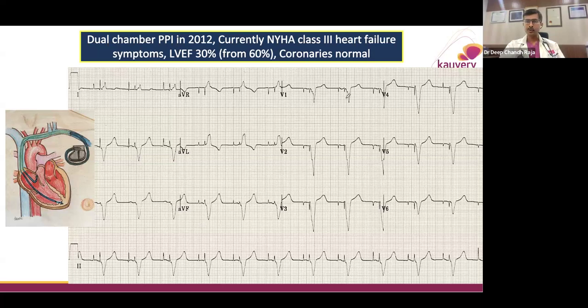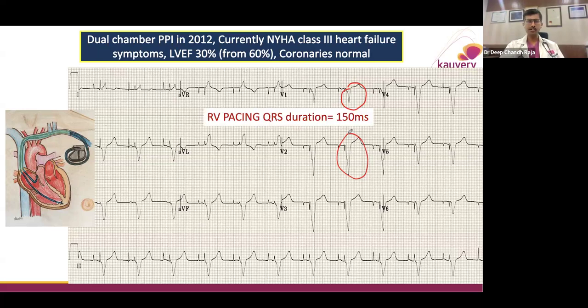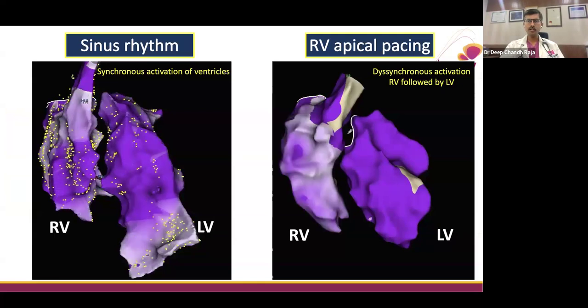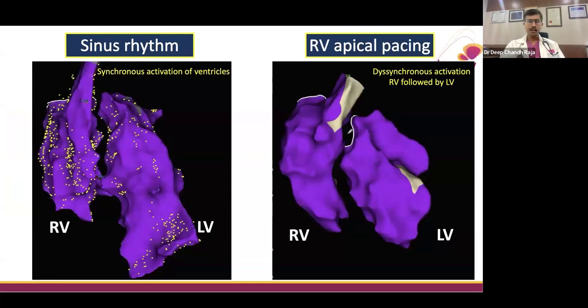As you see on the ECG, an A pace and a V pace rhythm there. Two pacing spikes on V1. You see the QRS on the ECG. The QRS is quite broad here, 150 milliseconds, but quite acceptable. That's how it looks when you place a lead on the right ventricular apex, and that's the routine way we do it. But the problem here is the patient came with heart failure symptoms after 6 years of the